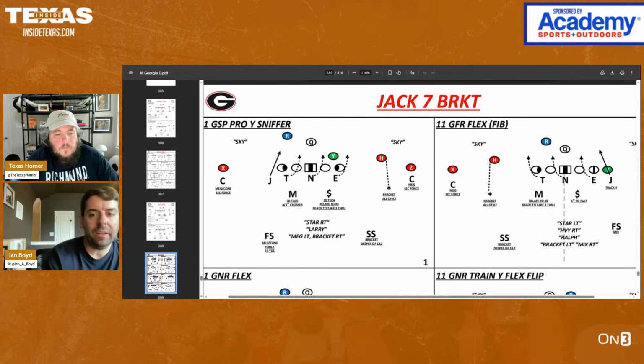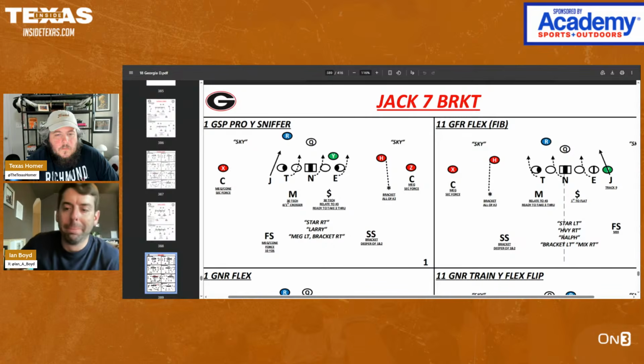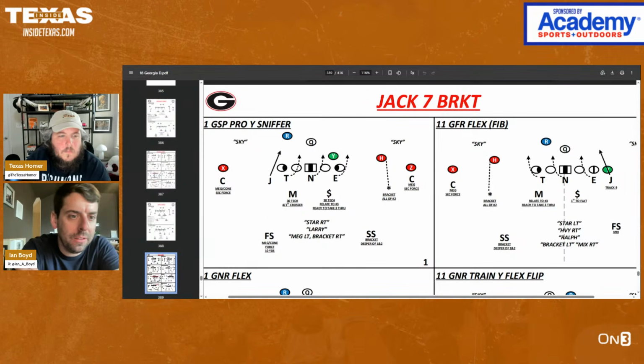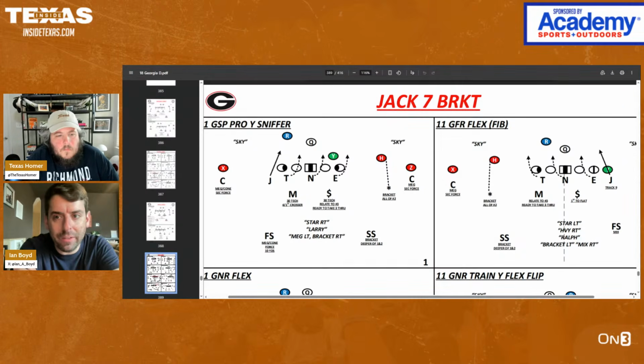So maybe you're playing a team that has a really good run game and a really good outside receiver. So it's like, we kind of want a safety to help in the run game, but we also kind of want a safety to help stay deep because they have Cam Coleman. Okay. Well, the side Cam Coleman's playing on, we're going to play a really conservative type of cover 7, and